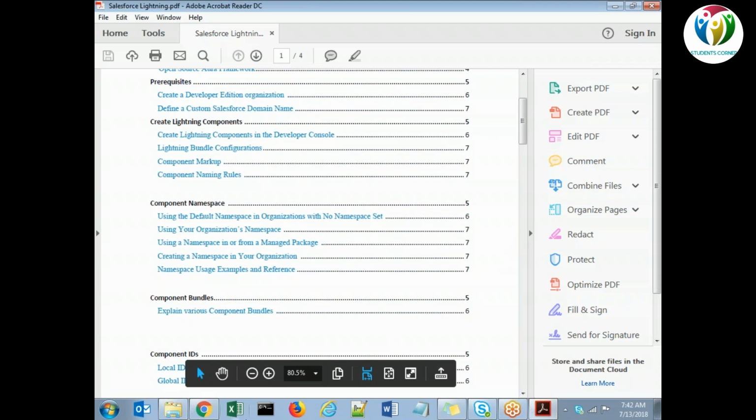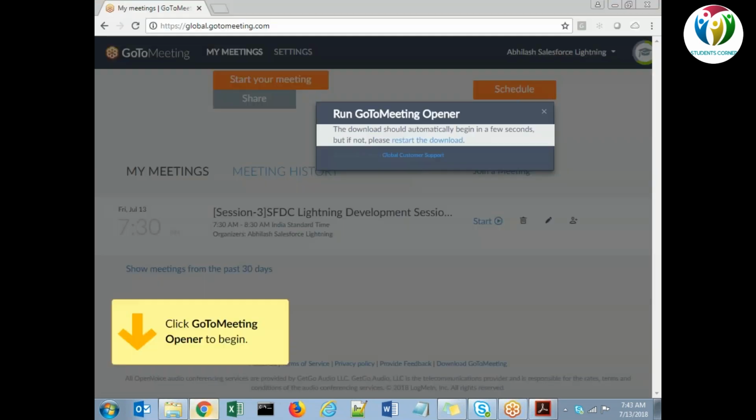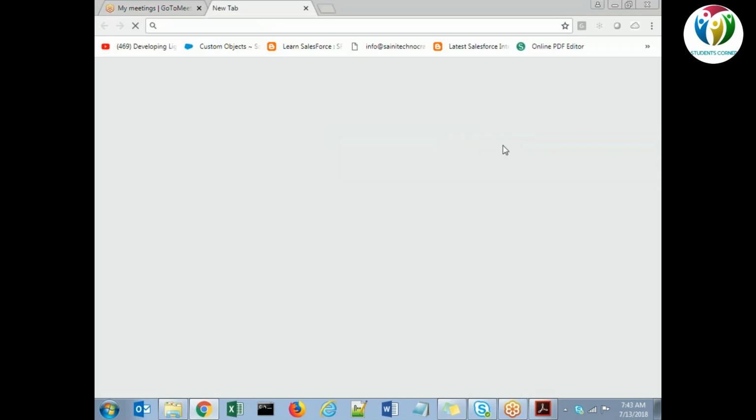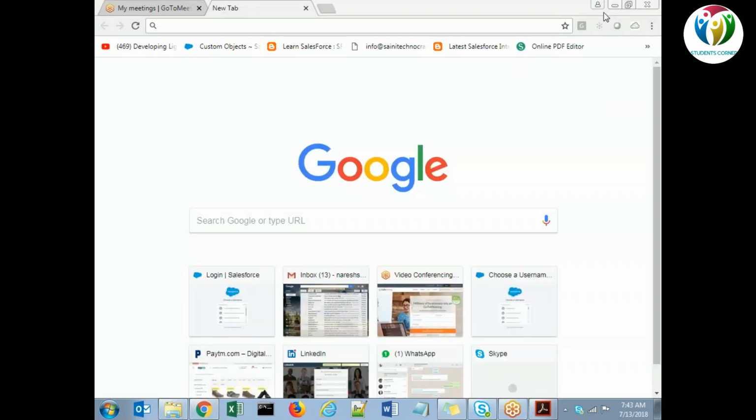Naresh, are we also saving the code that we're using in every session in a notepad file or whatever file? Later on, I can give you the username and password of this org. So you can have the access of the org and you can utilize the code, but don't edit the code in this org. Just see it. If you need anything for your reference, you can utilize this.